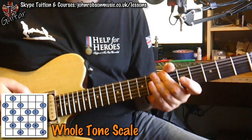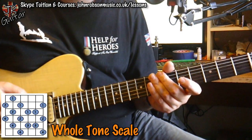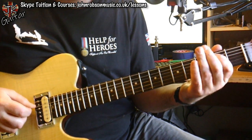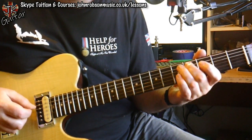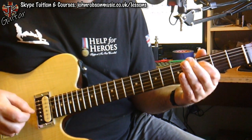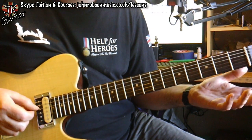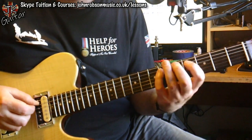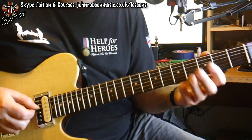There's the whole tone scale, and basically in that scale you can get the G note, the B note, the C sharp note, and the F note, and you've got a G7 flat 5. You could take the G note, the B note, the D sharp, and the F, and you've got a G7